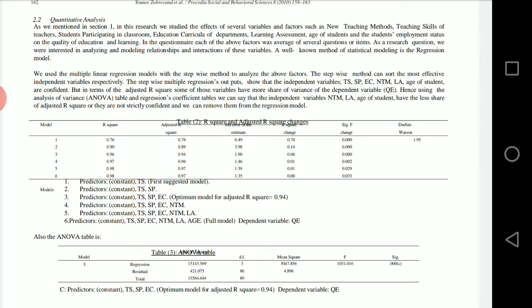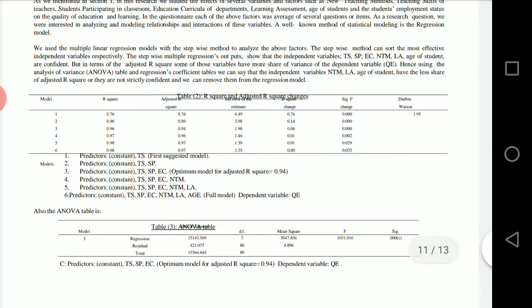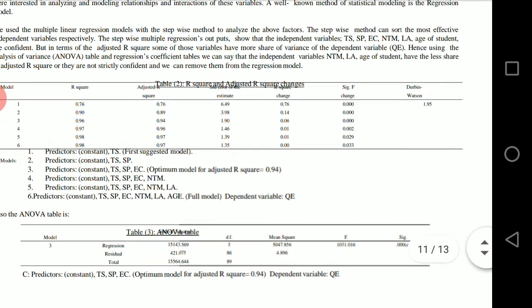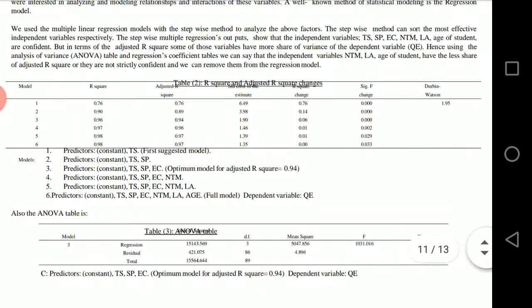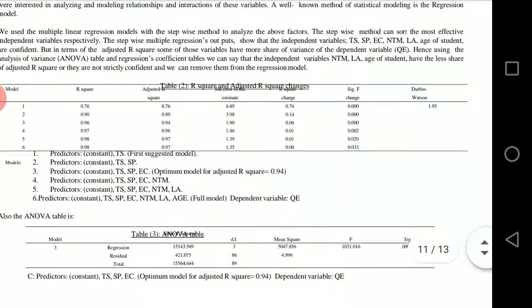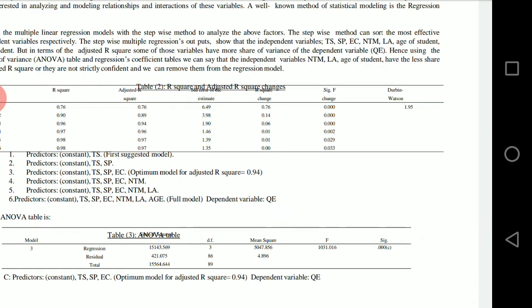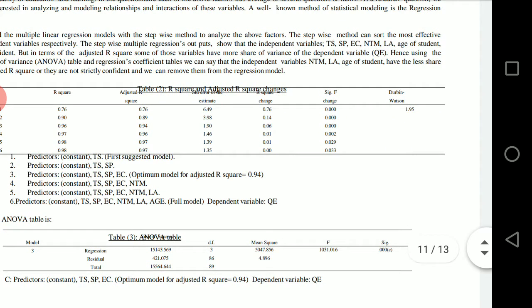The stepwise method can sort the most effective independent variables respectively. The stepwise multiple regression outputs show that the independent variables TS, SP, EC, NTM, LA, and age of students are significant. But in terms of the adjusted R square, some of those variables have more share of the dependent variable QE.